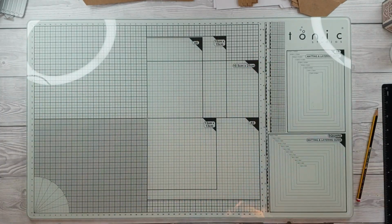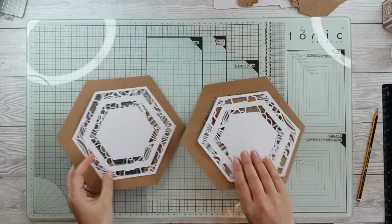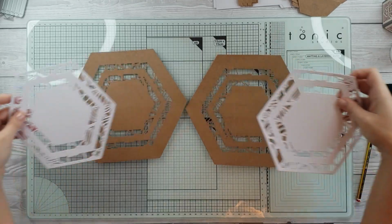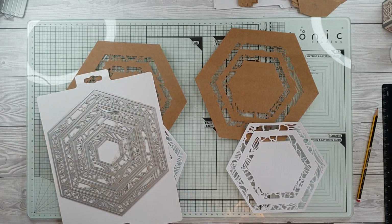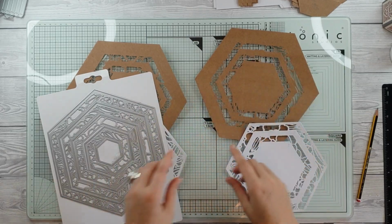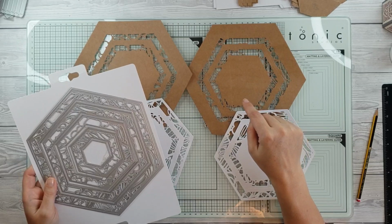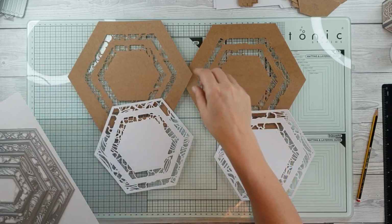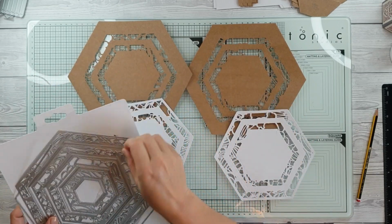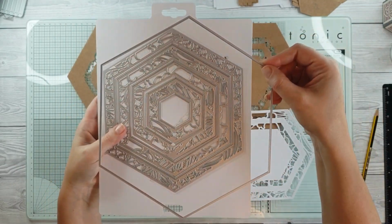Right, next. You are going to need to cut out two. Oh, I should have got this ready. Oh, prep. Here we go. That was lucky. You don't have to cut out the intricate parts in the middle. It does make the project a lot longer cutting out the bits in the middle. It really does. So you don't have to do that. You can just cut out these pieces, but you need, out of the tailored frames, good old Tonic tailored frames